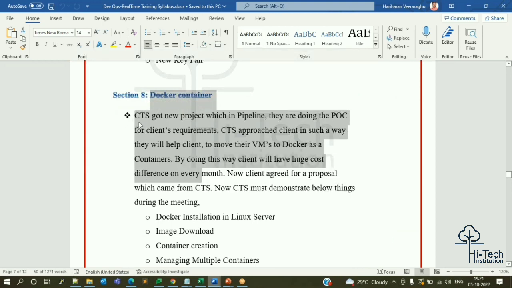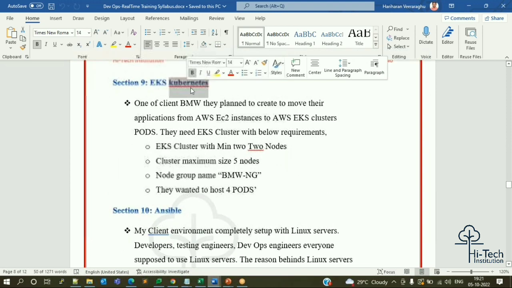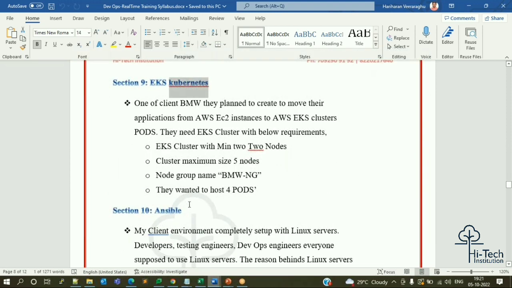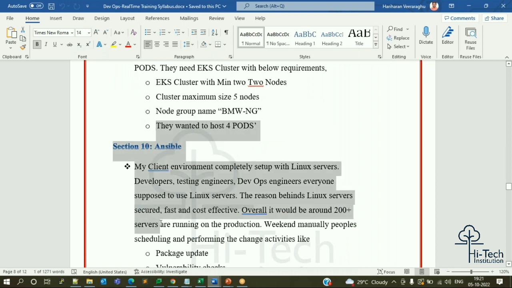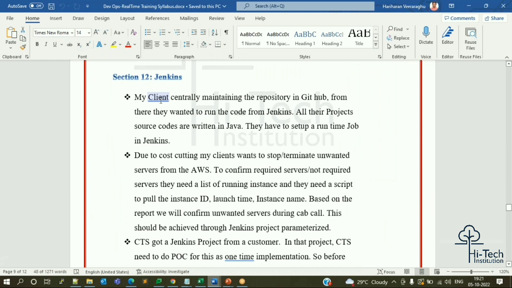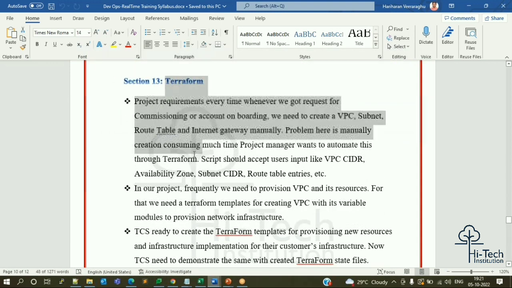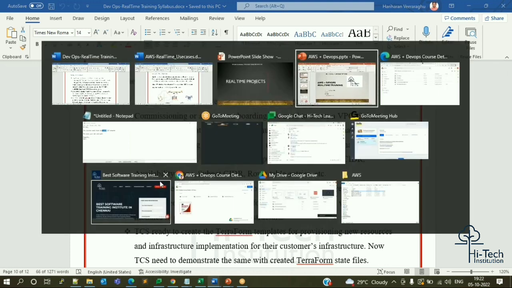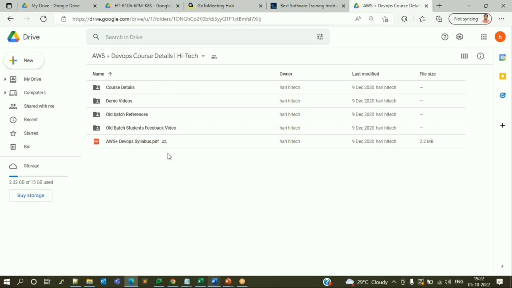We need to slowly start upgrading our knowledge. Also Kubernetes. We cannot ignore Kubernetes. That's next to Docker. Kubernetes is the next generation. Ansible is there. If you come down, SaltStack, then Jenkins: learning the CI/CD pipeline, Groovy, multi-stage pipeline, integration of Jenkins pipeline with AWS, GitHub integration, source code management, repository integration, plugin management, master slave configuration. Each and everything you will learn here, guys. That is the advantage to you. Finally, we are done with Terraform. Terraform is infrastructure as code. Wherever you go today, it's playing a crucial and major role.